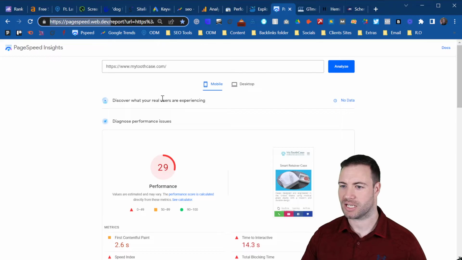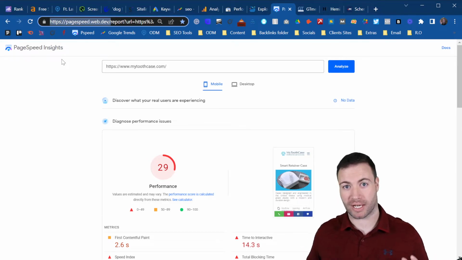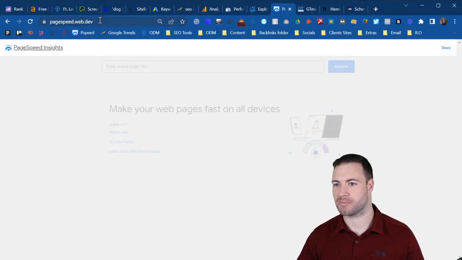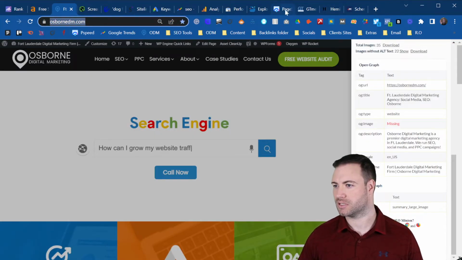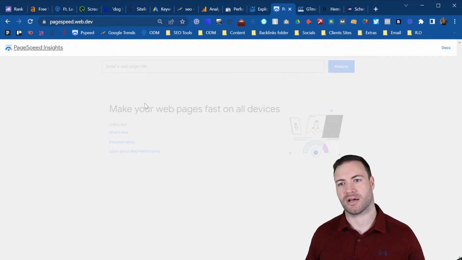The next one is the page speed tool. This is a brilliant tool created by Google, again, where you can test the speed of your website. I'll give you an example of this. Let's run the ODM site through it, when it decides to load. Anyway, essentially it's going to tell you what's going on with your website and if it's up